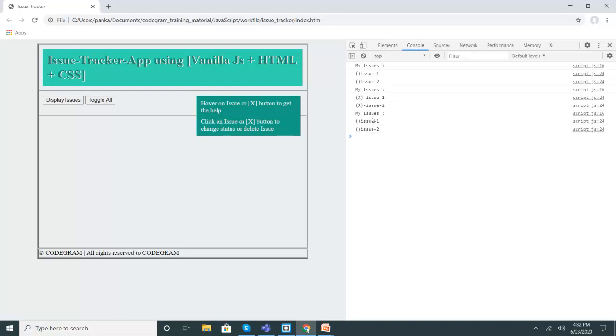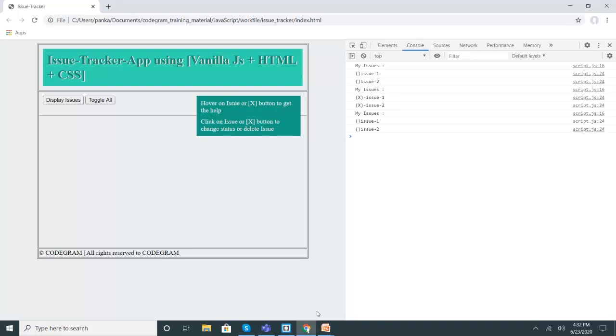So right now what we are doing, basically we are trying to communicate from the UI layer to our JavaScript code, and right now the output is coming here in the console window. In my later videos you will understand how this kind of output can be brought here, and that will be the DOM manipulation concept, right? So that is something we are going to learn in the upcoming sessions. So as of now, I think this is done.